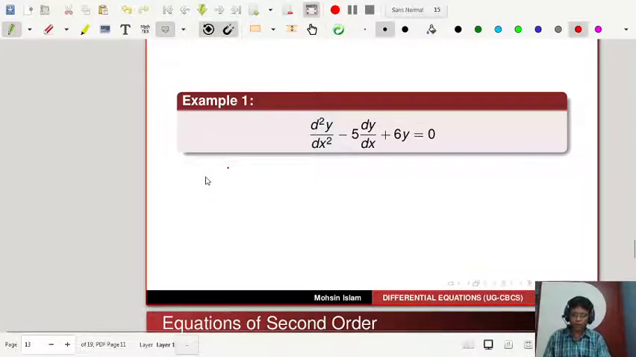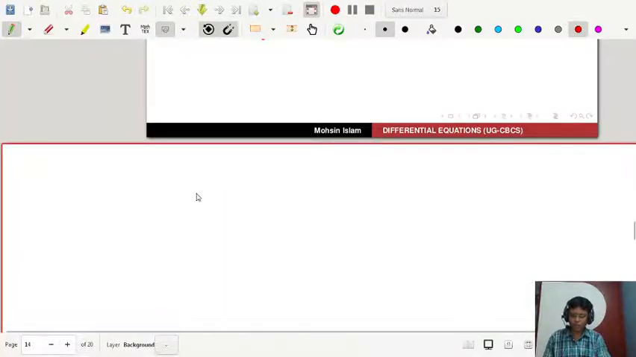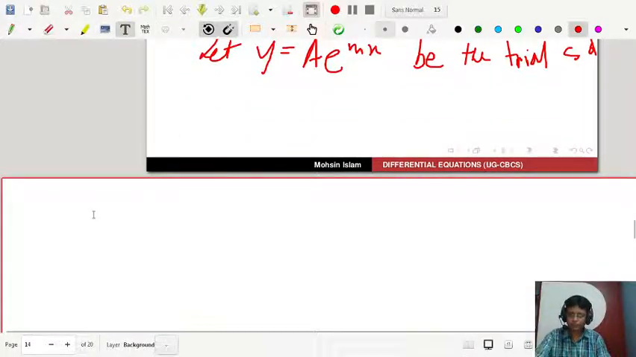Before solving, you have to start like this: y equal to a e to the power mx be the trial solution. You have to write it like this, right? This is the trial solution. So your equation transforms to the auxiliary equation. Let me add a page here so that you can understand very easily. By substituting this trial solution, the auxiliary equation is